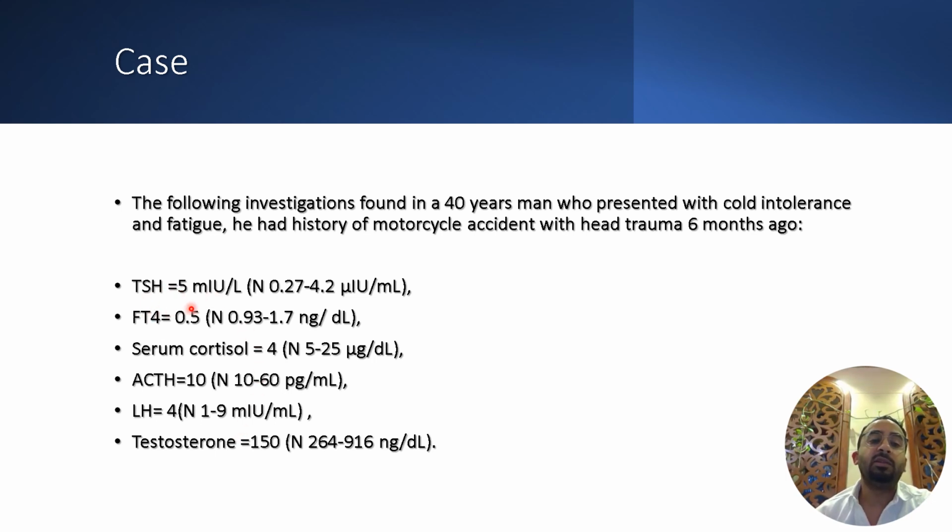So, since the TSH, the ACTH and LH hormones are within the normal range, these hormones from the anterior pituitary gland fail to increase as a response to the loss of the negative feedback effects from these target hormones. A finding suggesting that these deficiencies of FT4, cortisol and testosterone are not due to primary organ failure, it's from secondary failure at the level of the pituitary and the hypothalamus. So this patient has hypopituitarism with symptoms of hypothyroidism that's secondary as a result of previous head trauma